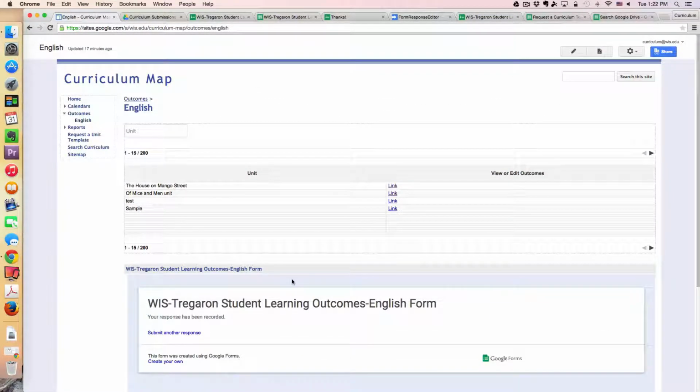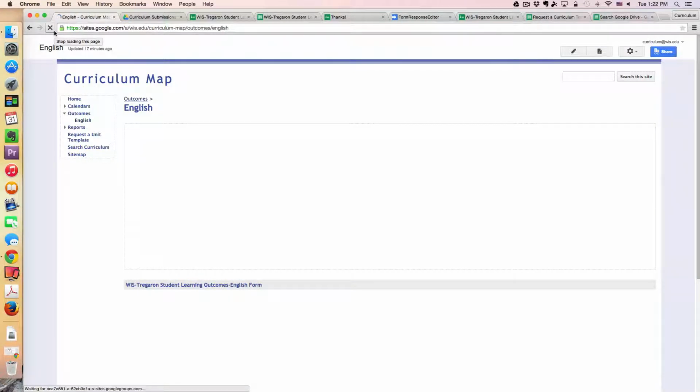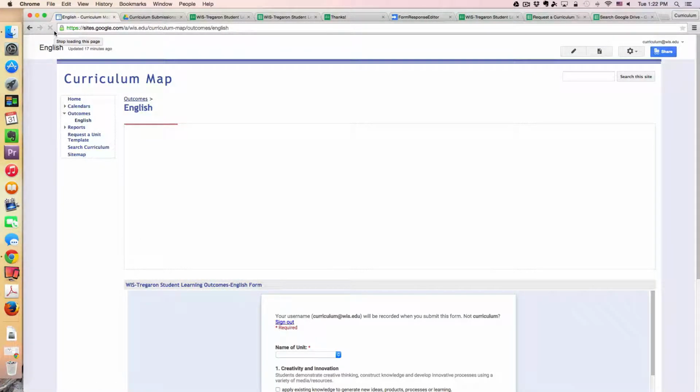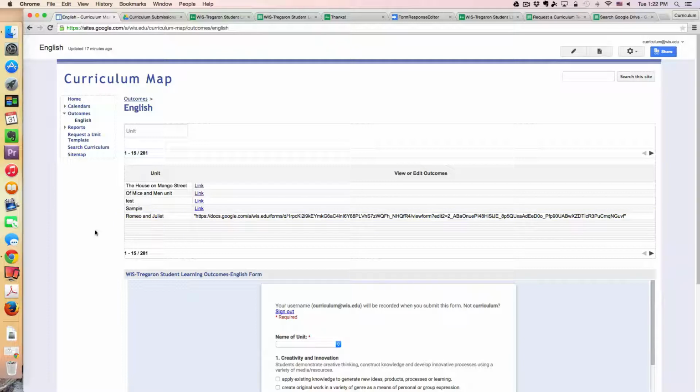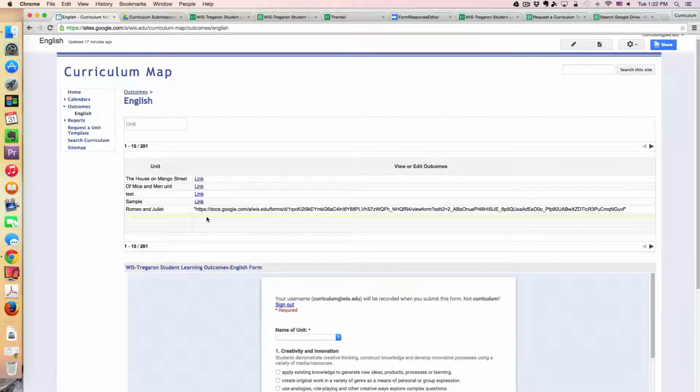Now what should happen is when I refresh the screen, that unit and a link to edit those outcomes should appear in this table. So I'm just going to refresh and see if it does what it's supposed to do. Yeah. Okay. So it did put in the URL, but for some reason the hyperlink didn't work. So I still have to work out some of the formatting issues I'm having,